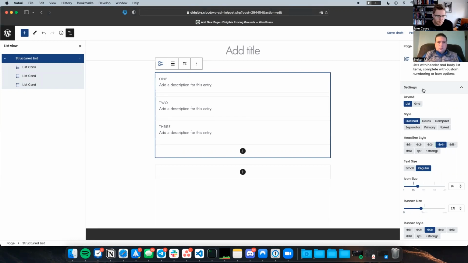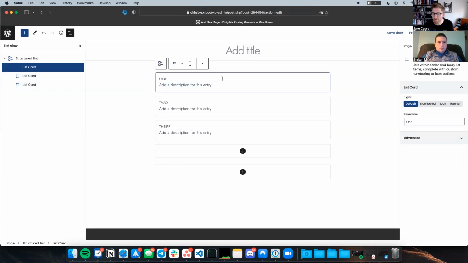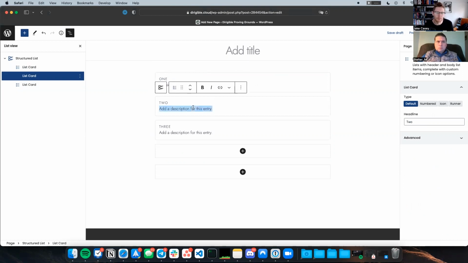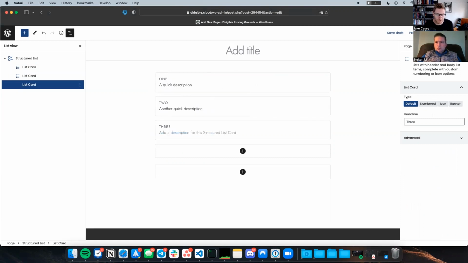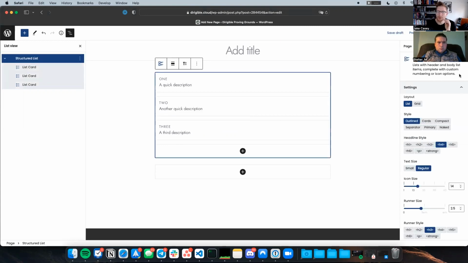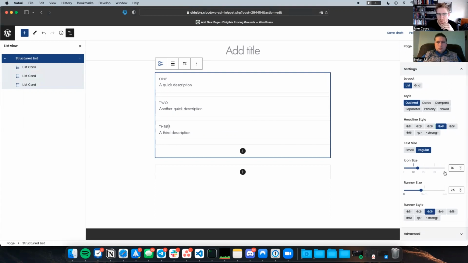So we are going to start. I'm just going to say these list cards have kind of a headline and then a little description. I don't know what we're trying to list right now. Excuse my inability to come up with interesting examples. So you can see here that you can edit your descriptions, and you can also edit the little headlines here in these list cards. And once you've done that, there are some settings that you can change in the parent